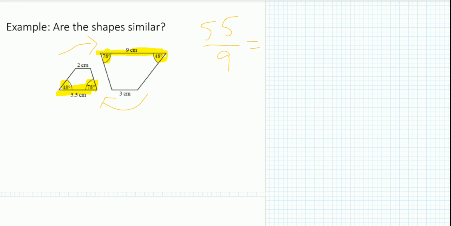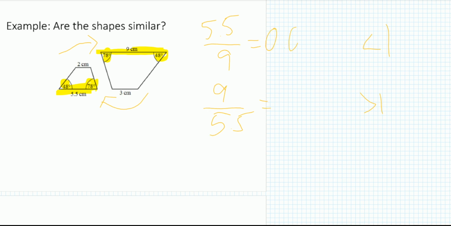And I can already tell that this is going to be a decimal. Or I can go decimal smaller than 1. And then, or I can go ahead and do the other one, which again, I know this is going to be a decimal, but this one's obviously going to be bigger than 1, and this one's going to be smaller than 1. You're always going to have that because it depends on which direction you're going. Okay. And so going ahead and dividing those numbers, I get 0.6111, the little bar on top, and